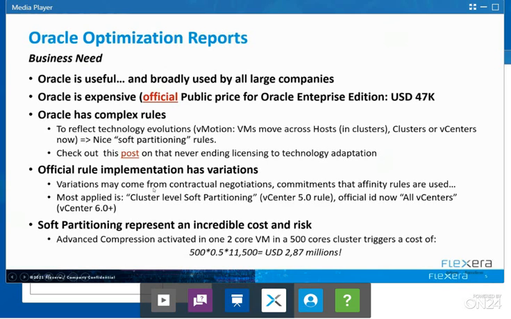So they started with the cluster level. I'm not even sure when it was, maybe 2005. The vCenter 5 were able to move the VMs within the clusters in the vCenters. But then the sub-partitioning has broadened to vCenter level with vCenter 6.0. And then all vCenters with a 6.1 plus, actually 6.1 plus, that demands theoretically, as soon as one VM is